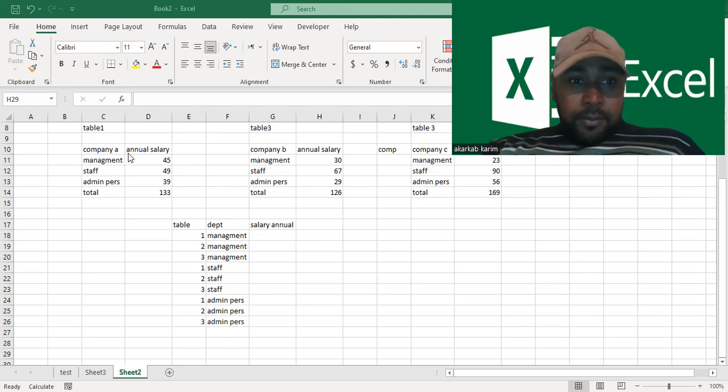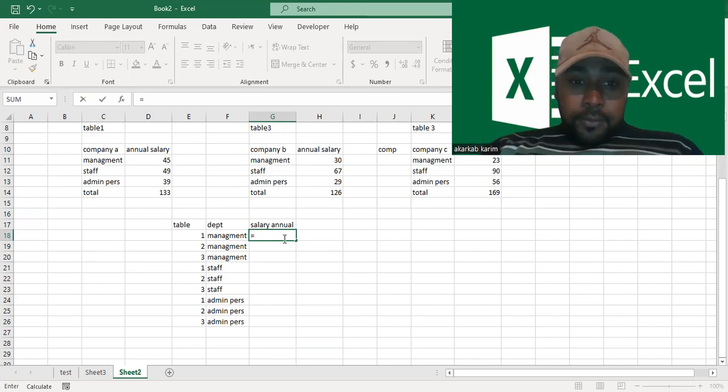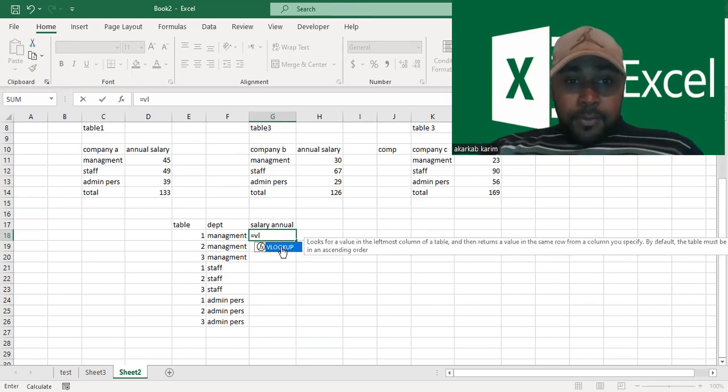Company A, and we have the annual salary for each department here for table 1. Same thing for table 2 and for table 3. To return the salary based on the department for each staff, we can use VLOOKUP with CHOOSE. So VLOOKUP, as we see here,